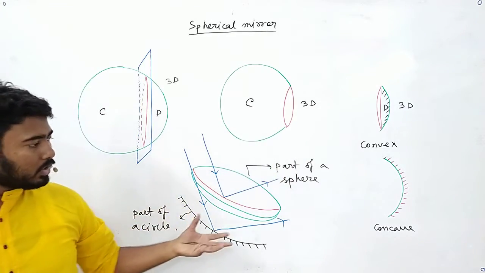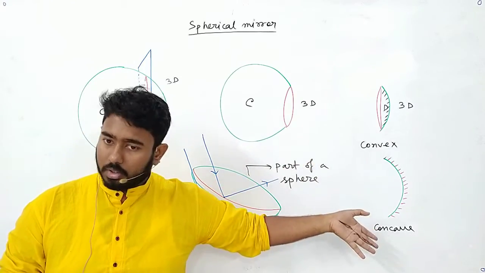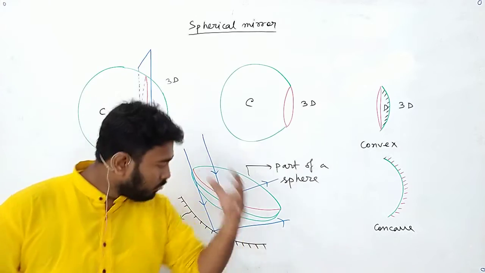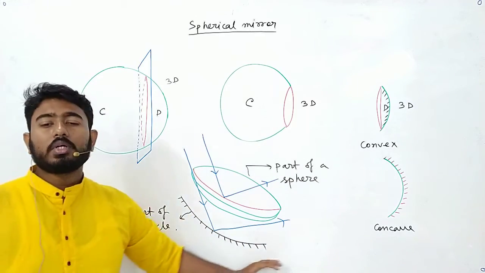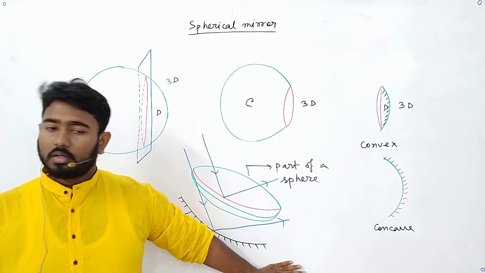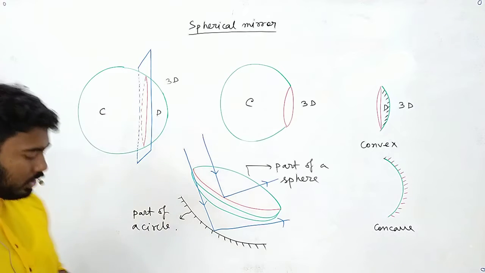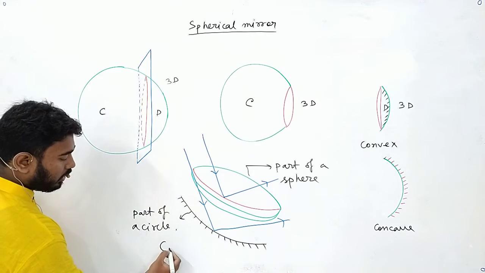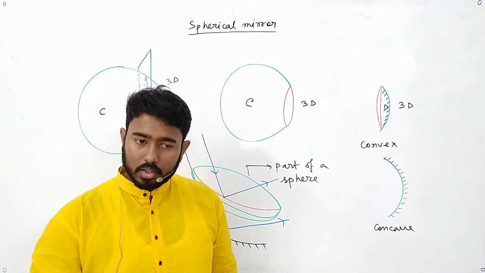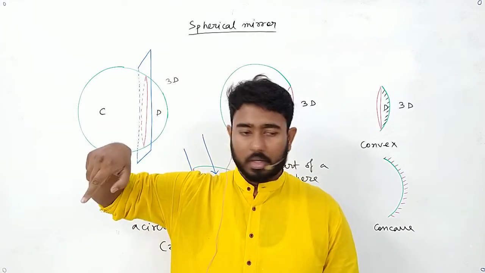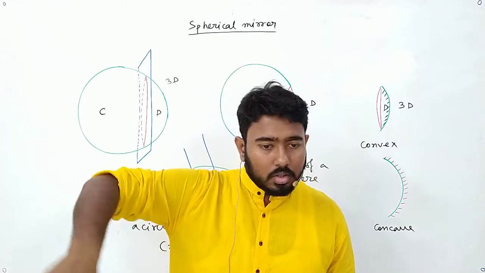Now in case of drawing, it will be very difficult for us if we want to draw a 3D surface every time, right? So then what we will do, we will just replace the 3D figure with a simple 2D figure. So the simple 2D figure will be part of a circle. Is that clear? So remember this can also be part of the sphere. The 2D figure is a line drawn on the spherical surface.